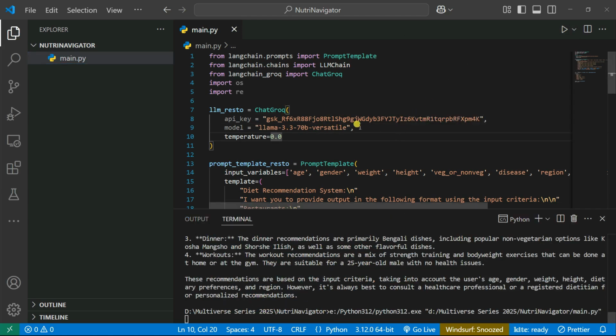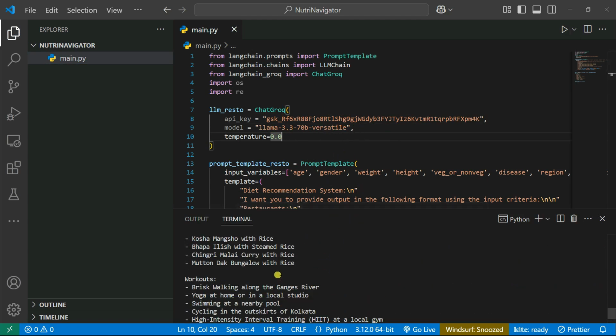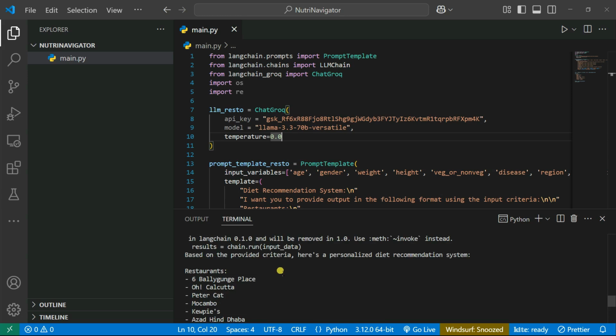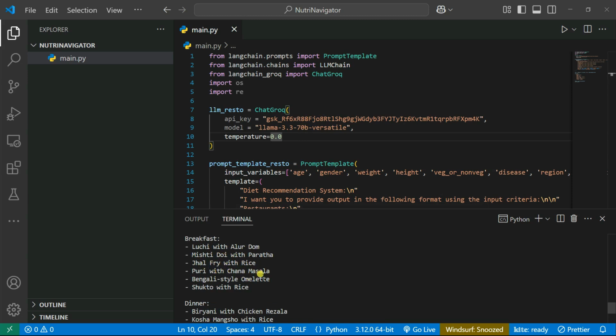Let's click on run file. So you can see llama 3.3 70 billion. Okay, make sure your spelling is correct. Okay, you can see some kind of information regarding this llama 3.3. So same restaurant, breakfast, luchi with alur dum, misti doi with paratha, jal fry with rice, puri with chana masala,